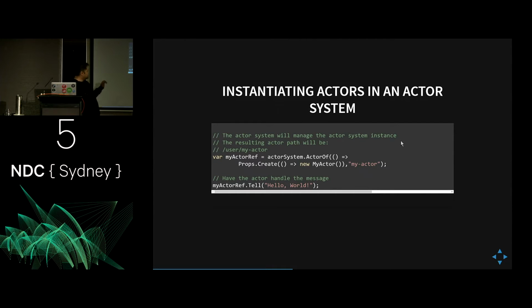Now, the syntax for creating an actor system is something that's been inherited from the JVM. What this essentially means is this is analogous to what COM did back in the 90s when you said, I want to create an instance of an actor. Inside of the Props.Create is basically a lambda that tells Akka.net how to create your actor, regardless of whether or not it is on your local machine or on a remote machine if you're going to be using clustering. So in the same way, once we created the actor, you could just do a tell on the actor without having to worry about where it is.